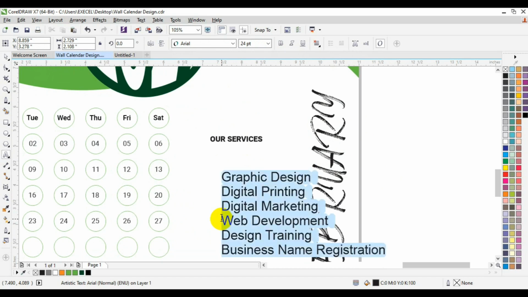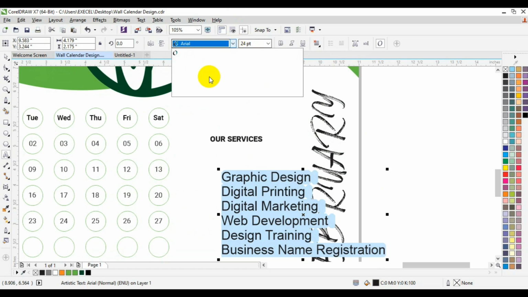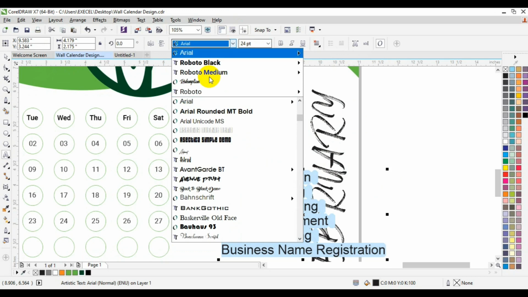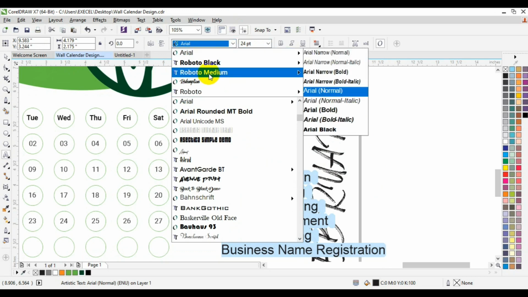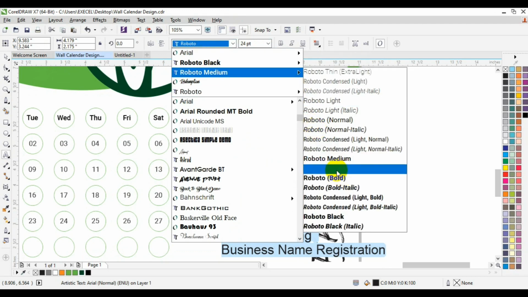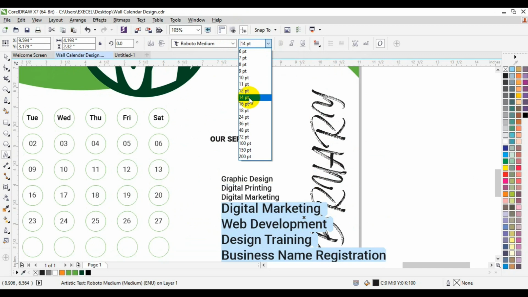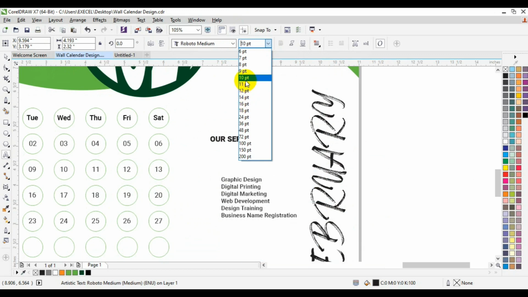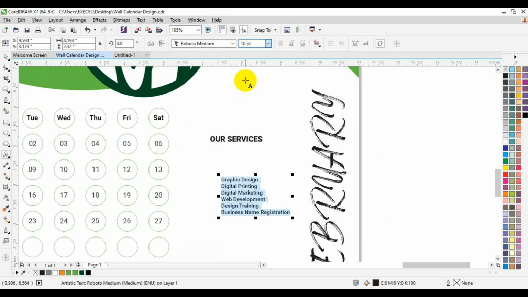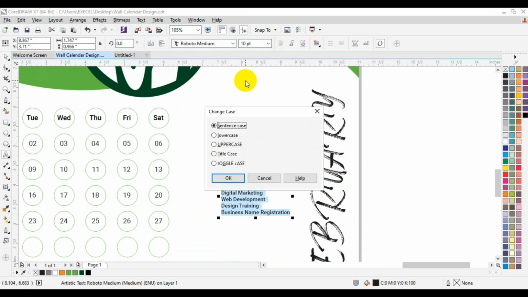Then Control A to highlight. Then come here and let's see. Okay, Roboto Medium, and we can come here and reduce the font size to 10, then Shift and F3. So I'm going to change this to title case. Okay,